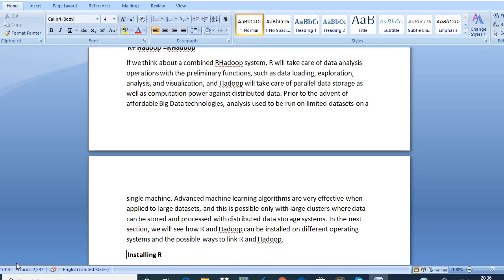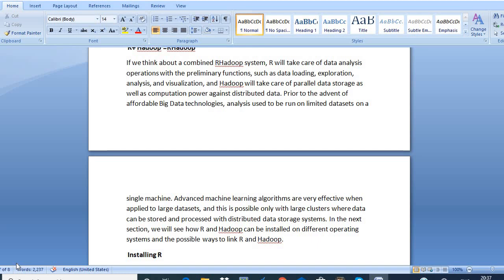Before the advent of big data technologies, analysis used to be run on limited data sets on a single machine.